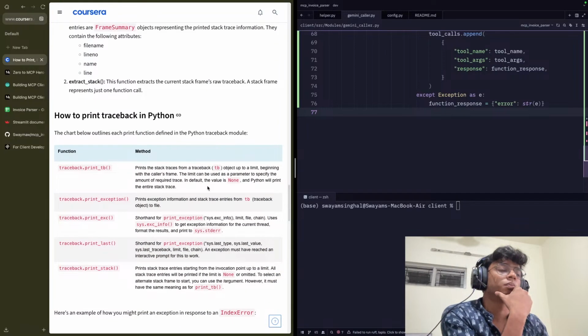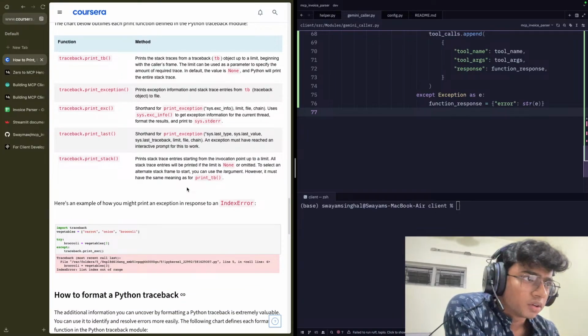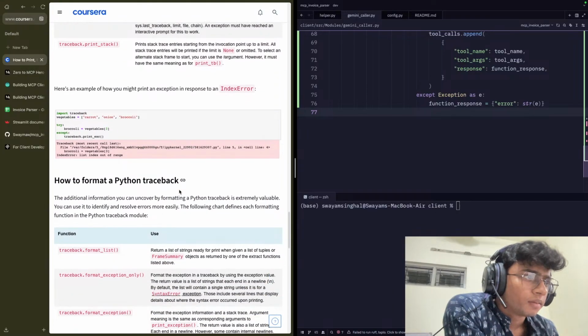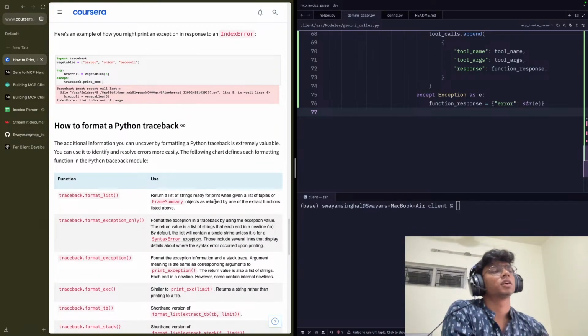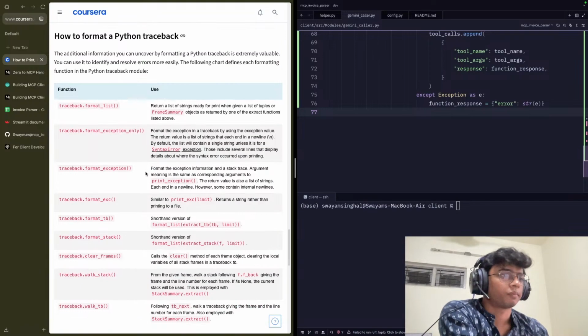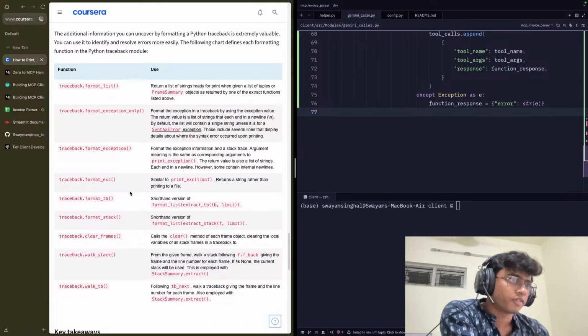So traceback.print_traceback, print_exception. I just wanna get it. I don't even wanna print it. Format exception, right? So format_exception, similar to print_exception, returns a string rather than a file. That's exactly